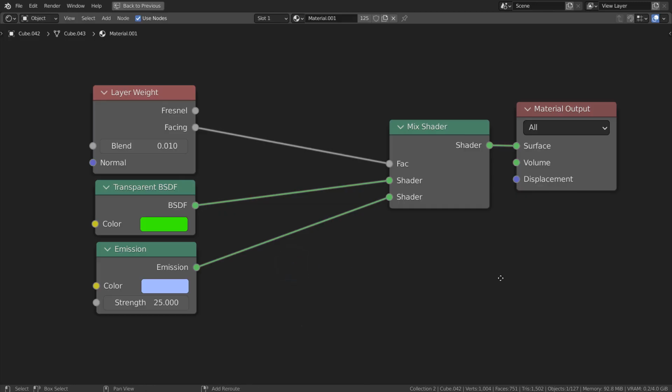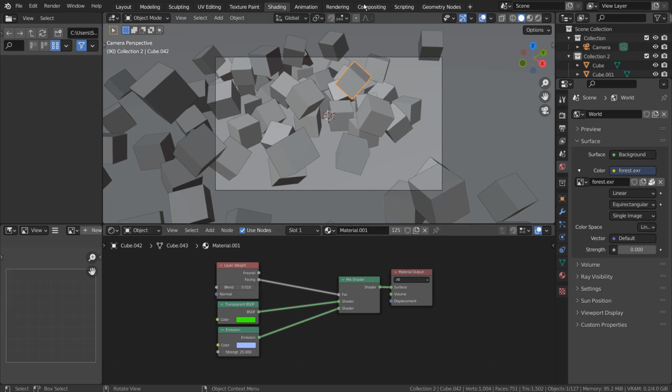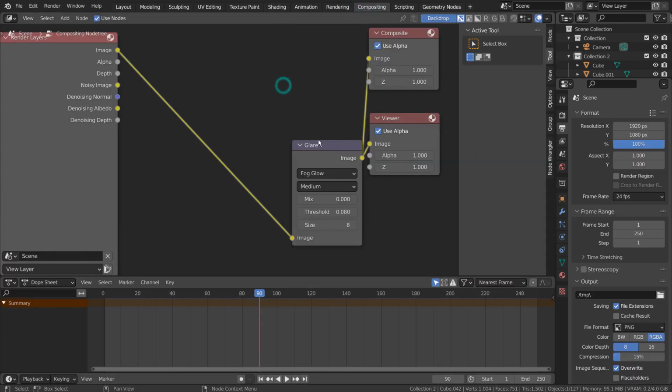Here are the full nodes. Here are my composite settings.